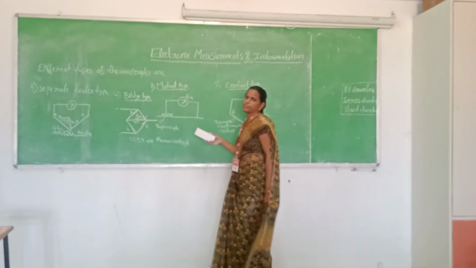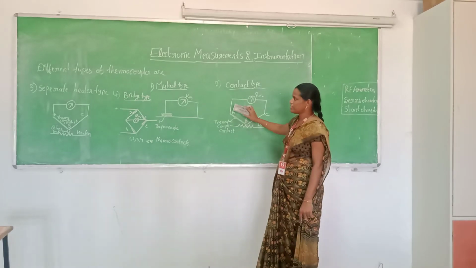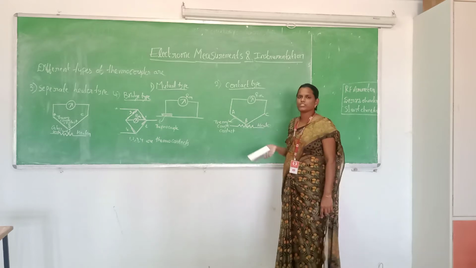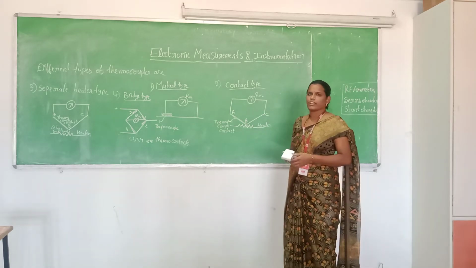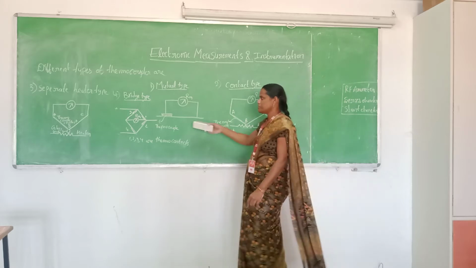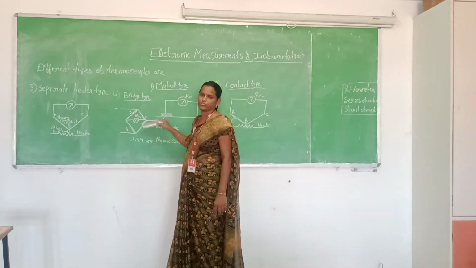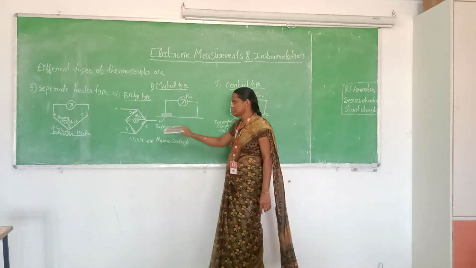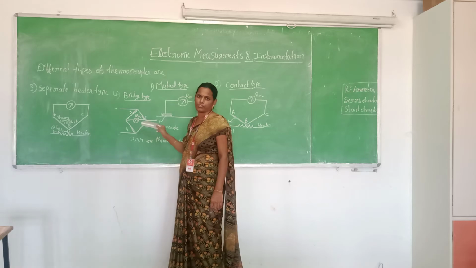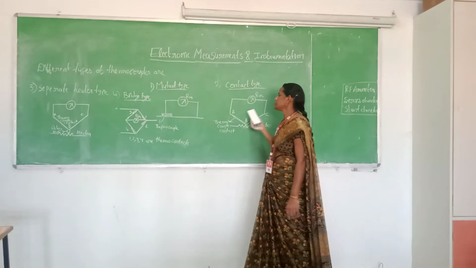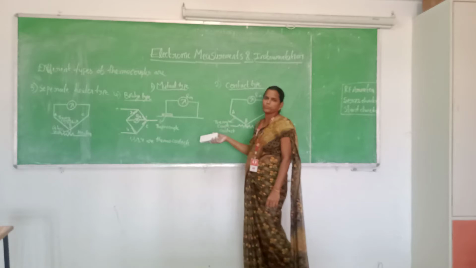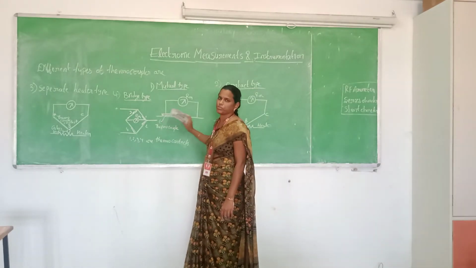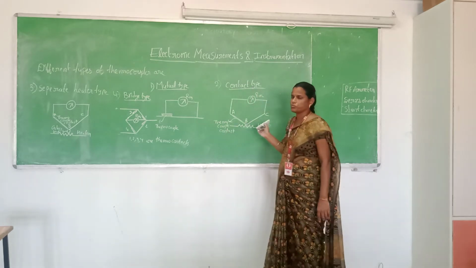So these are the 4 types of thermocouple contacts present in the RF ammeters. With the help of these thermocouple contacts, we are going to measure the unknown voltages or unknown currents. In these 4 types, the bridge type has the higher sensitivity, so the reading of the PMMC meter will be accurate. Compared to the mutual type, contact type and separate meter type, it gives high sensitivity and higher accuracy of the meter reading compared to the other types of thermocouple instruments.